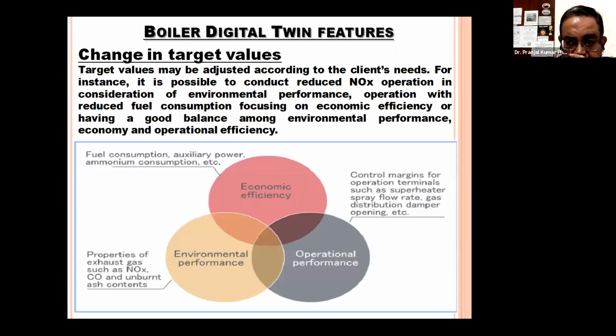So here you can see there are 3 parameters being clubbed here: economic efficiency, operational performance, and environment performance. In environment performance, the properties of exhaust gas like NOx, CO, unburnt ash contents. In operational, control margins for operation terminals. And in economic efficiency, fuel consumption, auxiliary power, ammonia consumption, etc. These are the target values we need to monitor and control, so that the performance and economy and operational